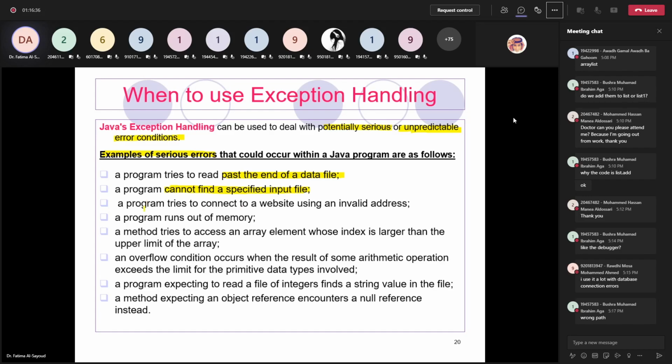The third example, trying to connect to a website using an invalid address. If you put a URL but it is invalid. Running out of memory, using all the memory available for your program, and you run out of memory. If you're trying to access an array element whose index is larger than the upper limit. So if it's only 5, you're trying to go over it. And an overflow condition occurs when the result of the sum of arithmetic operations